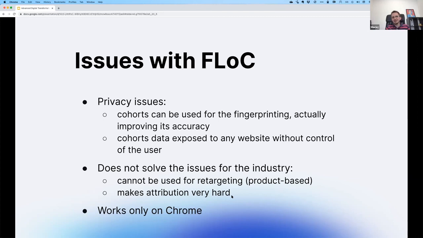And the last thing is that it was only available on Chrome. So still, this is a large chunk of the market, nearly 60, 70, sometimes 80% in some markets, but it does not address the whole issue, and other browser vendors weren't planning on introducing this mechanism. There is still some work being done on Flock on the next release of that, and we'll see what comes. But for now, we know that it's not going to be adopted by the industry, and we have to keep that